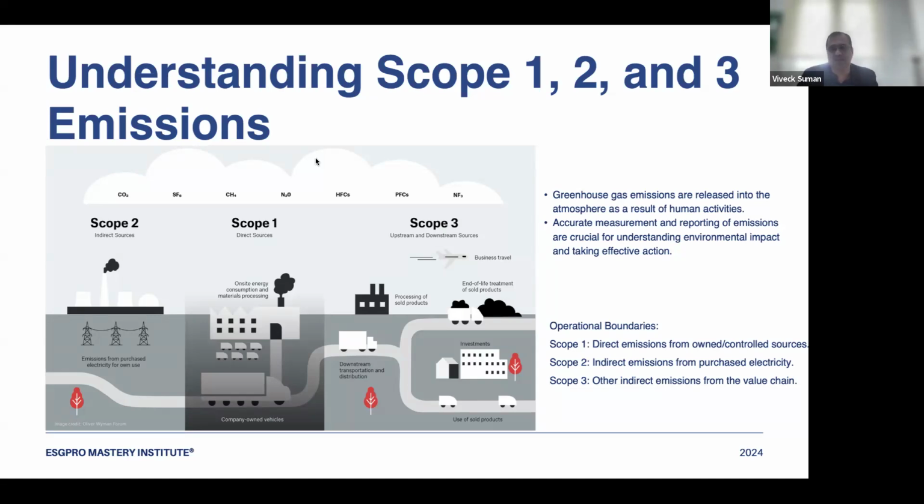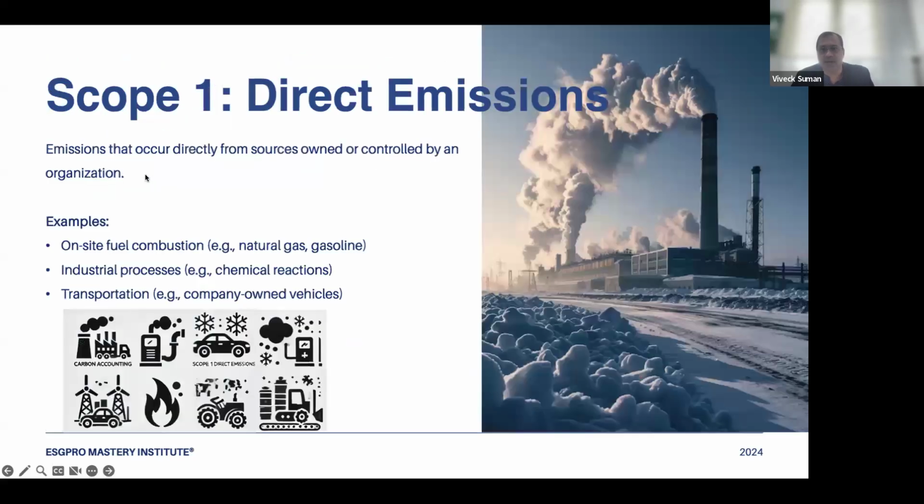There are several ways to explain scope 1, 2 and 3. Yeah. So greenhouse gases are released into the atmosphere as an activity, human activity specifically. We are not talking about natural ones, right? Corporates are concerned about human activity. Importance is very simple. Here we need to be accurate about which scope I am counting and why. So accuracy matters in the reporting of emissions, and that is why understanding of scope 1, 2, and 3 is important. Let's first understand scope 1. So scope 1 are direct emissions.